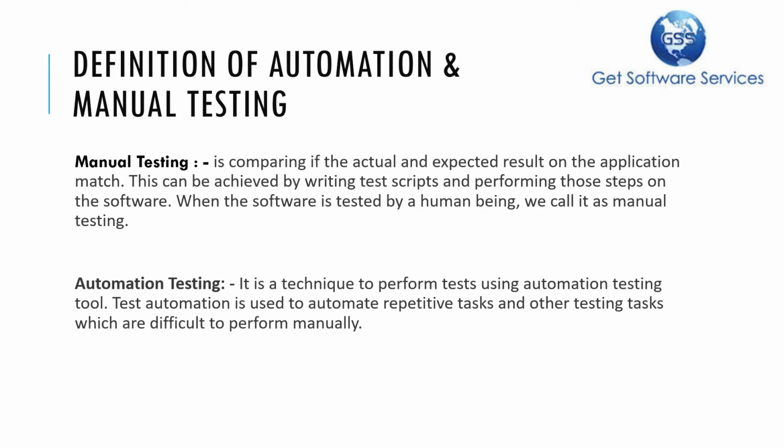Automation testing is when the same test is done by a tool, by a software. Whatever actions should be done on the application to test it, when these actions are performed by the tool and the tool gathers the result, we call it automation testing. So any task that we have to do on the application, instead of a human being going to the application and doing these tests, we use a tool to perform these tests. That is nothing but automation testing.